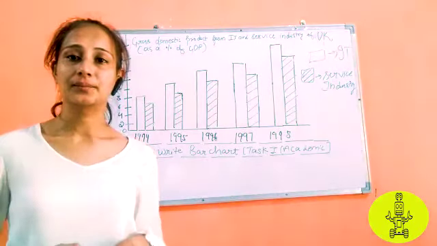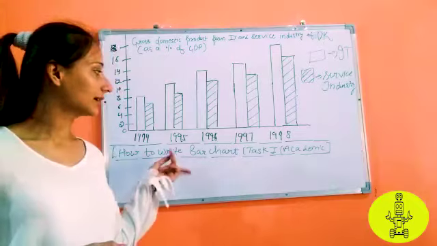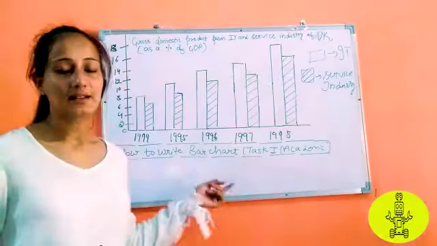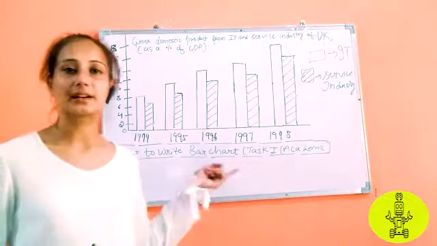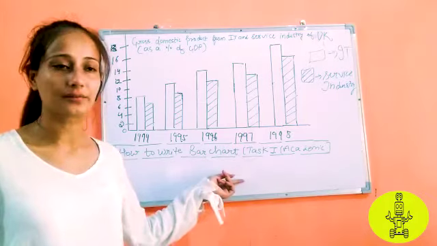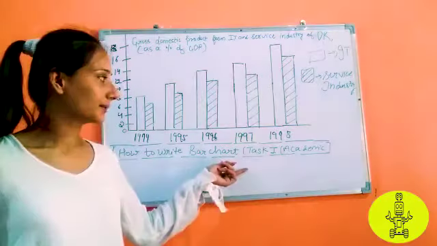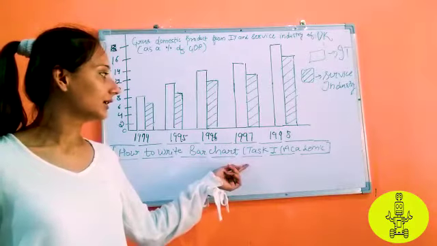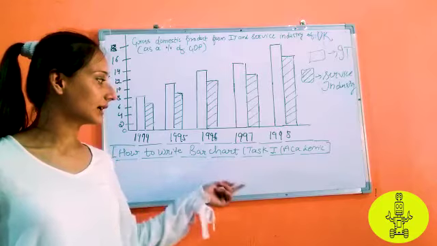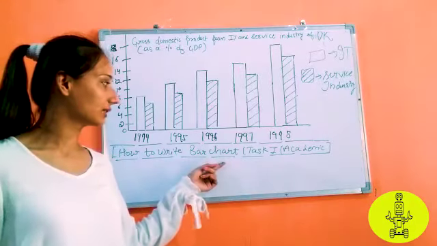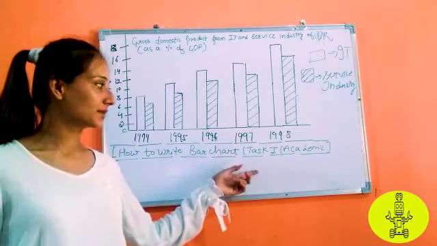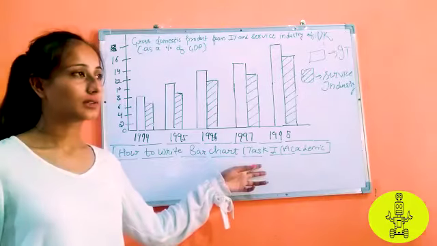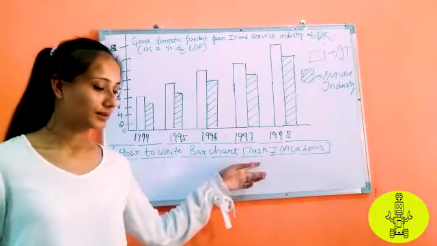So in this video, I am going to show you how to write the bar chart for Task 1 Academic. Task 1 in academic is worth only 33% of your writing test, so it needs only 20 minutes of your time. You will get 1 hour to write Task 1 and Task 2 in the writing paper. So you need to spend only 20 minutes here and 40 minutes on writing Task 2, as it carries 2 bands' worth, so you don't need to spend a lot of time here.